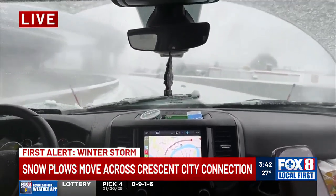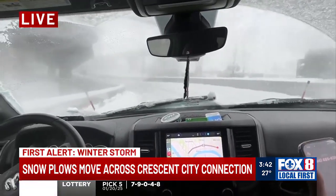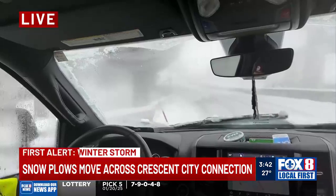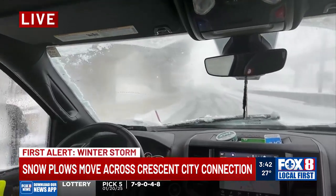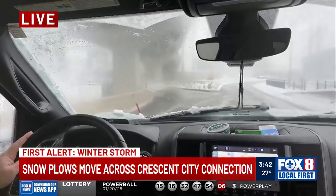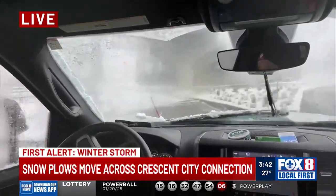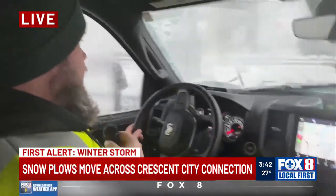Now, the other concern is, coming in, Levi, and you've dealt with this as well, is as we get potential light melting and then we get refreezing overnight, that causes black ice. You've dealt with black ice. Explain to the viewers in New Orleans and the Louisiana area that have never really driven in black ice, tell us what it is and how dangerous it is. Man,